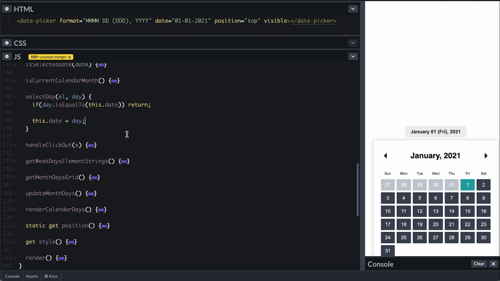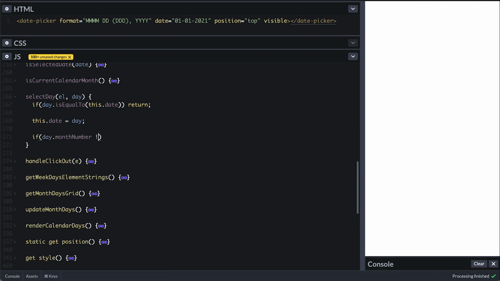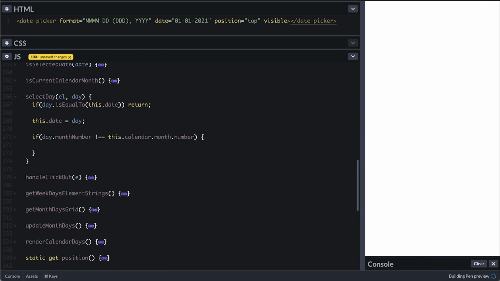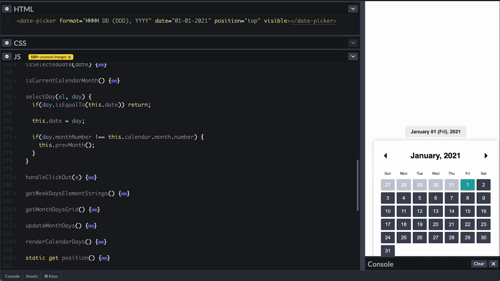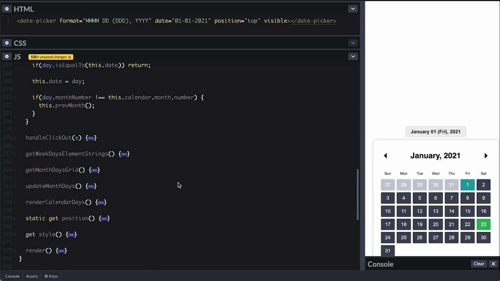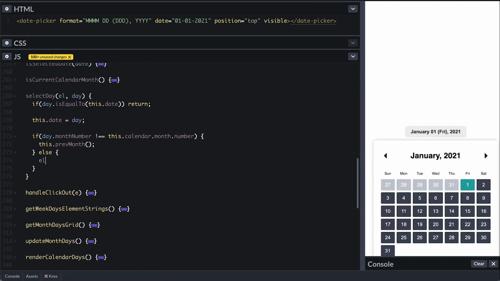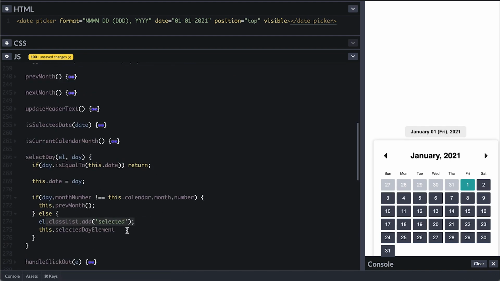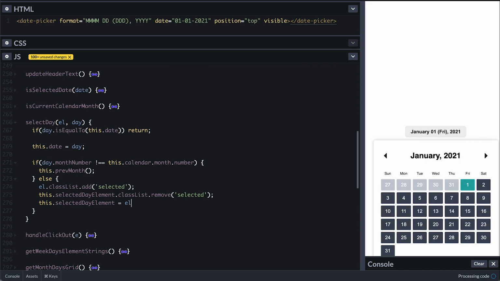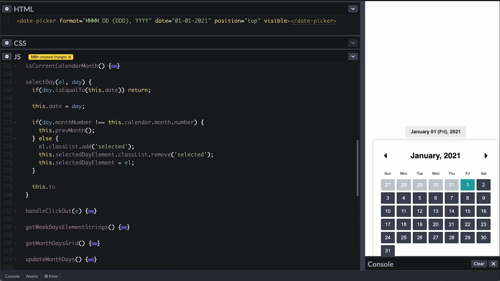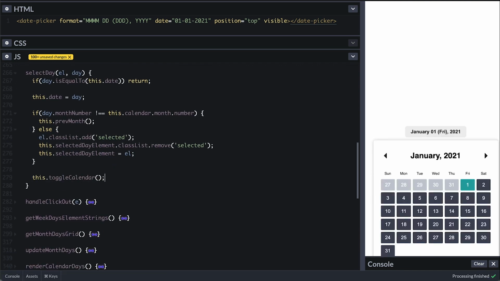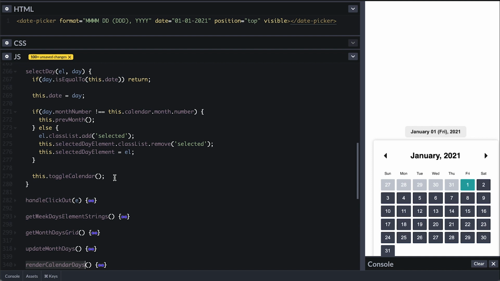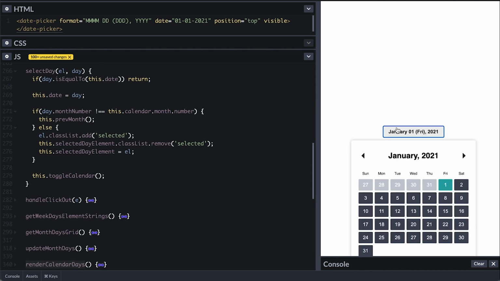Now if the month of the day passed is not the same as the current month, we know the user clicked the last days of the last month, so we just go to the previous month. Otherwise, I'll have to remove the selected class from the current button day element, then add it to this currently clicked button and set it as the selected day element. At the end, we just toggle the dropdown, which will cause it to close. When we try,